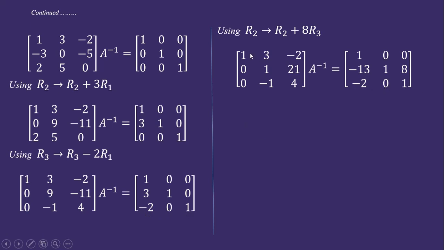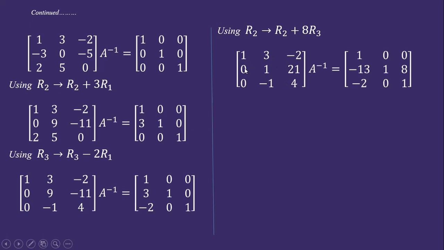Okay, now here we have this middle element 1. Now we adjust these two elements to 0. In place of 3 we require 0. In place of minus 1 we require 0. Now if we observe these two, this 1 and minus 1 are opposite numbers, and here we have 0. So to get 0 here, we only have to apply this transformation on the third row, that is R3 plus R2. Minus 1 plus 1 will be 0, and since here we have 0, this 0 will not get disturbed. For that reason we follow this procedure.